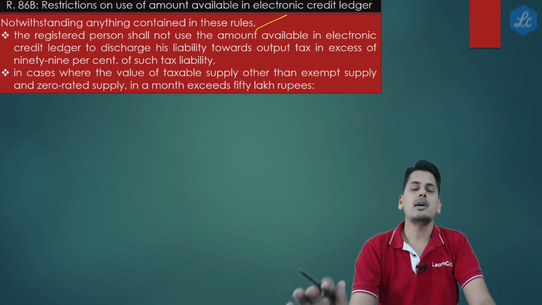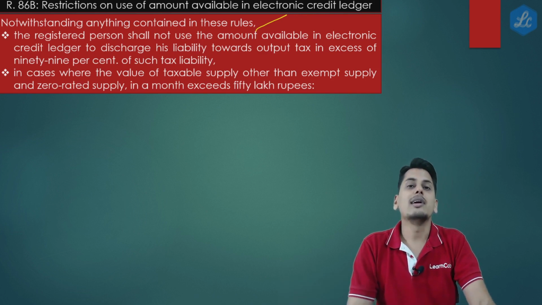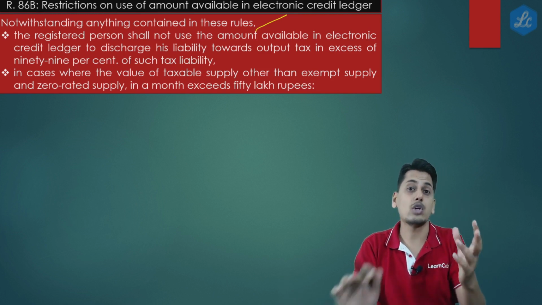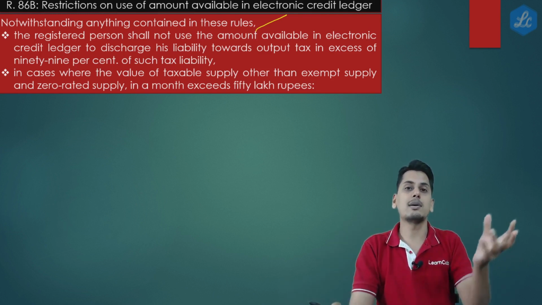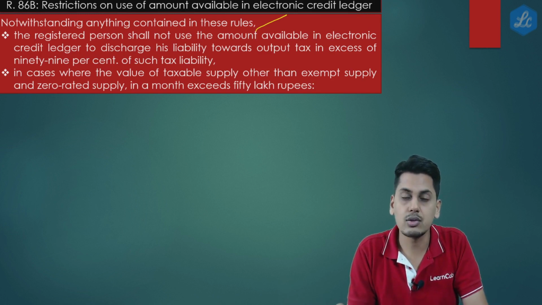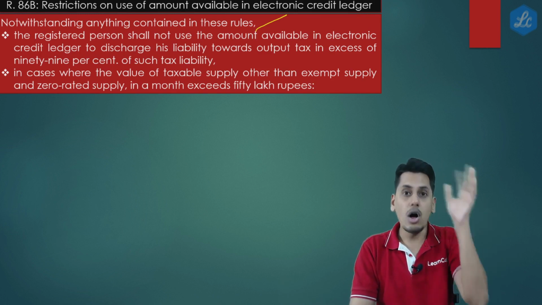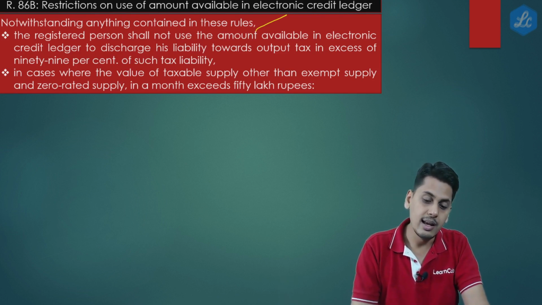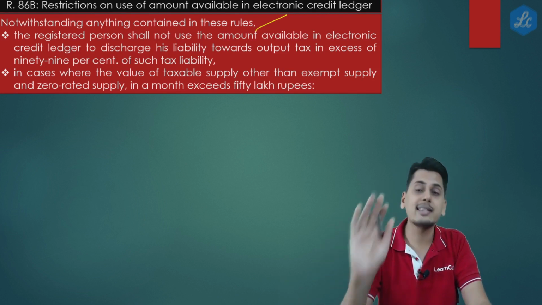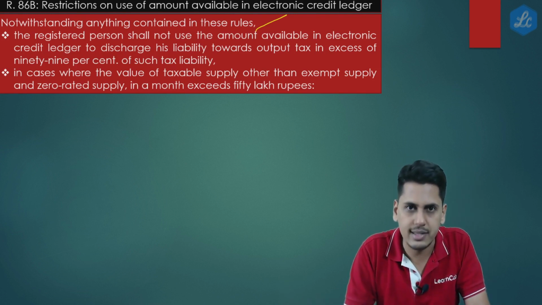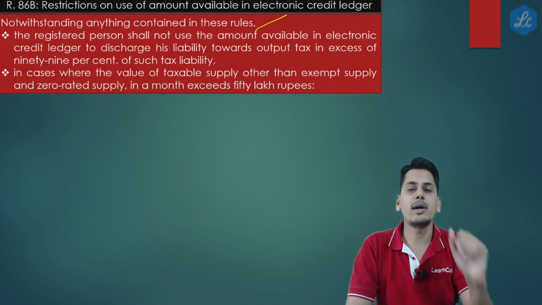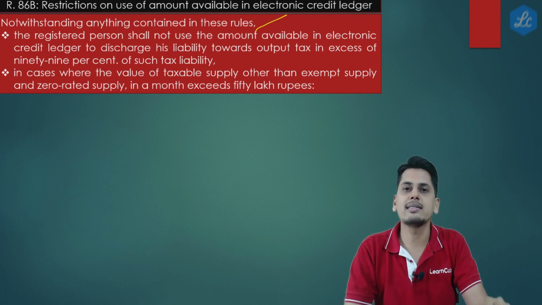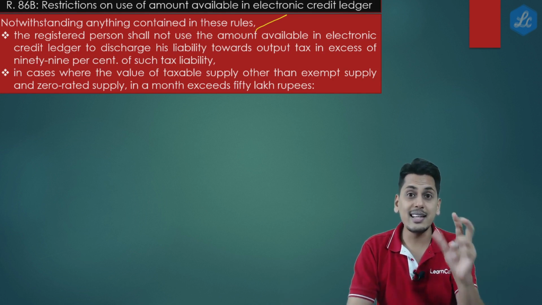So friends, in short it is telling you that in whichever month the value of taxable supplies, and taxable supplies obviously include all supplies on which there is a levy, so exempt supply also would be included in taxable supply, hence it was further clarified: taxable supplies other than exempt supply and other than zero rated supplies, if they exceed 50 lakh rupees